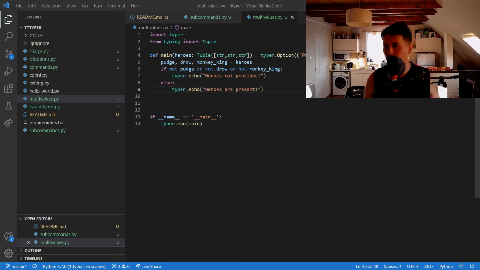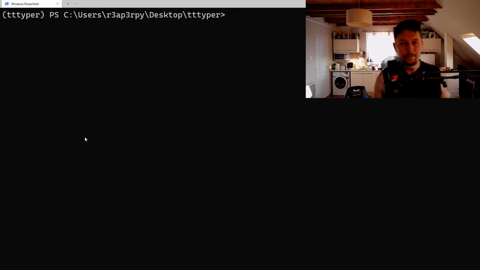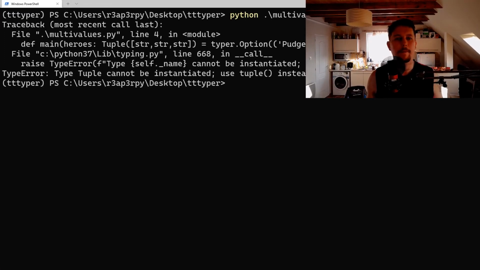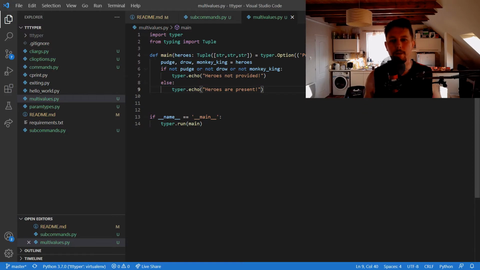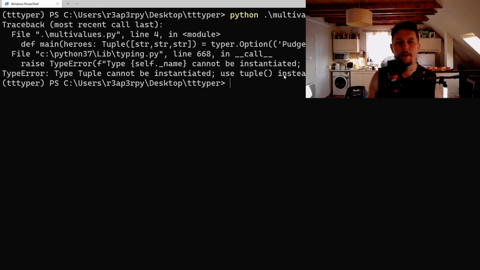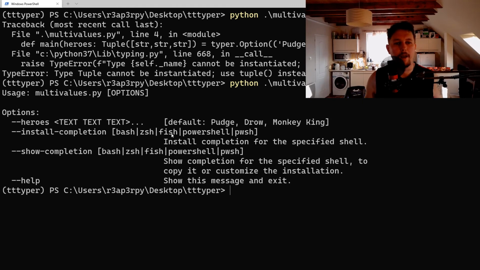Alright, let's go back to the command prompt and use python multivalues --help. So it cannot be instantiated. What is the problem? So we have the Tuple, and it's not going to be an instance, but rather this way. And heroes, this is the default value, and